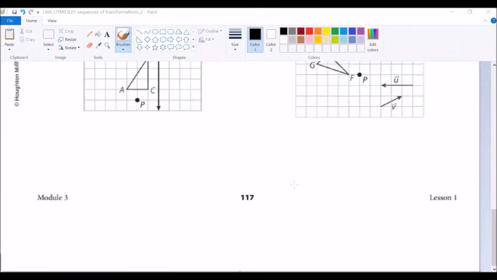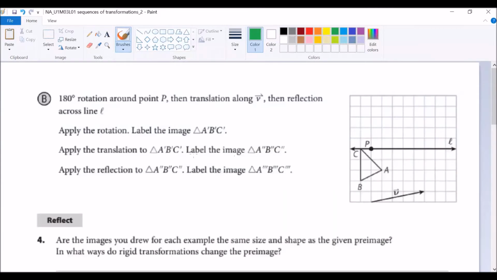Now, I jumped over to page 117, as you can see here. Oh, that's an ugly color. Let's go to green. Well, you can see it, though. Page 117. All right, now, the part B of this, we have to do a 180-degree rotation around point P